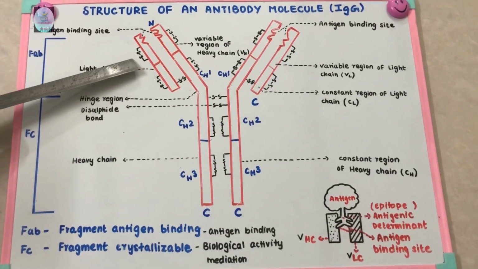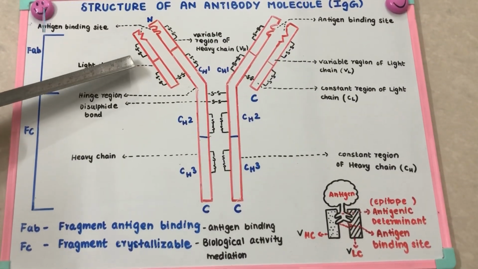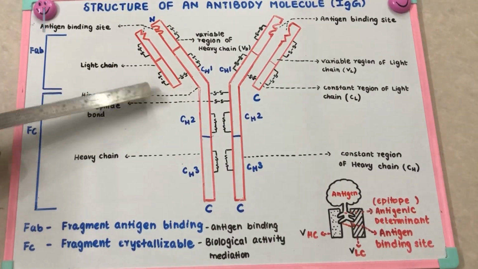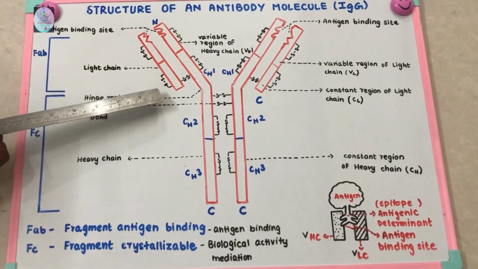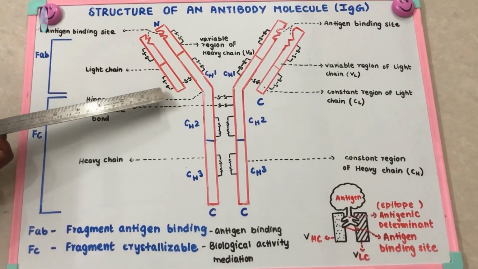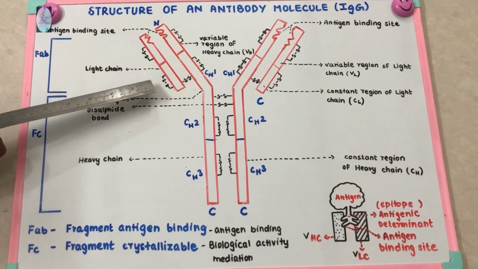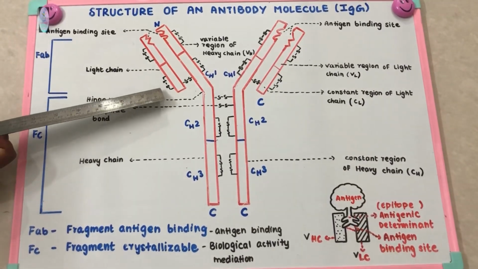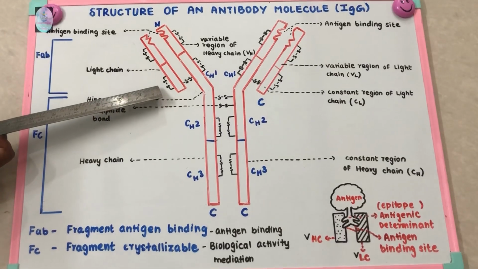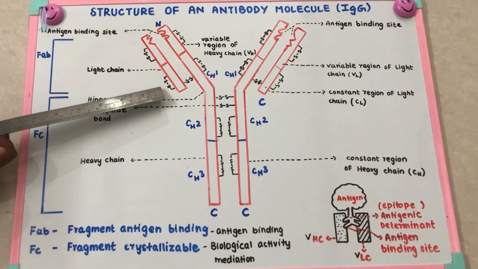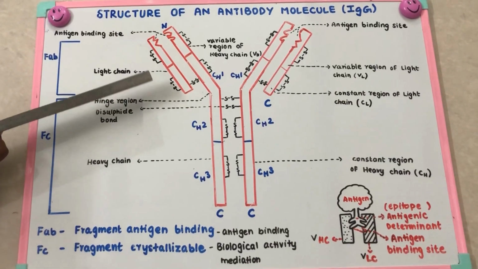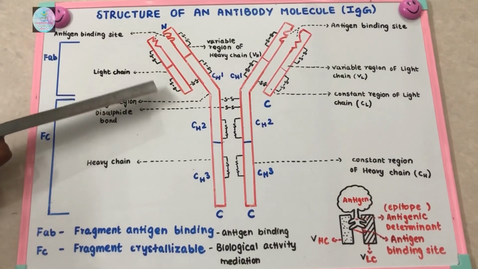Now we will discuss the disulfide bonds and hinge region. So disulfide bonds: we saw that the chains are linked by disulfide bonds or disulfide bridges. All the 4 peptide chains are held by disulfide bonds and non-covalent bonds. It is not covalent, covalent in the sense of sharing of electrons, so no sharing of electrons takes place here. It is of 2 types, that is interchain and intrachain bonds.